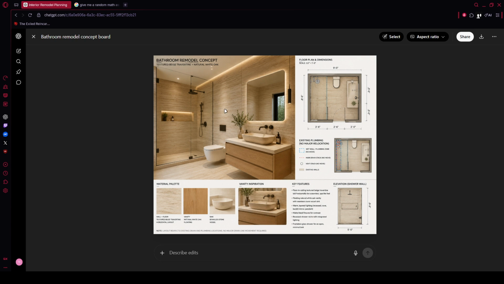And that's it. Pair your real measurements with organized Canvas schedules and precise GPT images edits to de-risk decisions and bring your